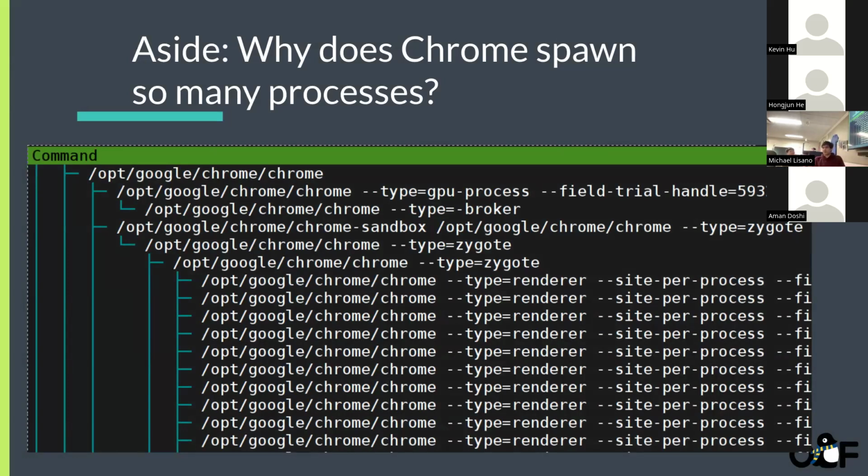So, why do you think Chrome spawns so many processes? Any wild guesses? Many websites open. Indeed.